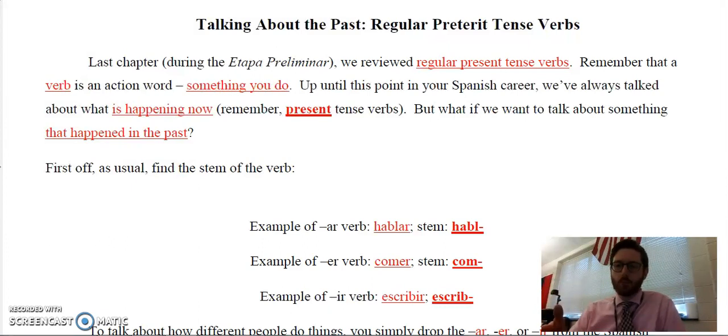But for this chapter, we're actually going to venture into the past tense. Everybody was trying to look up how do you say we went or we did or we camped in the past. And I said, don't do that. The only way you'd know how to get there would be using Google Translate, which is not actually using your brain. It's just using the computer.